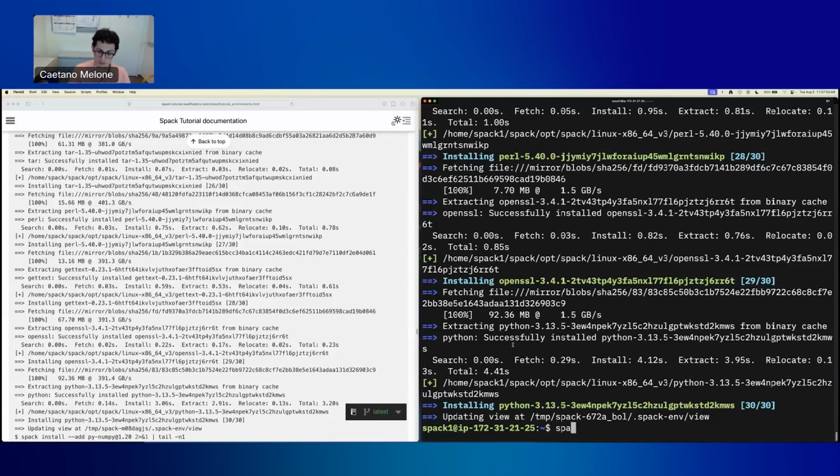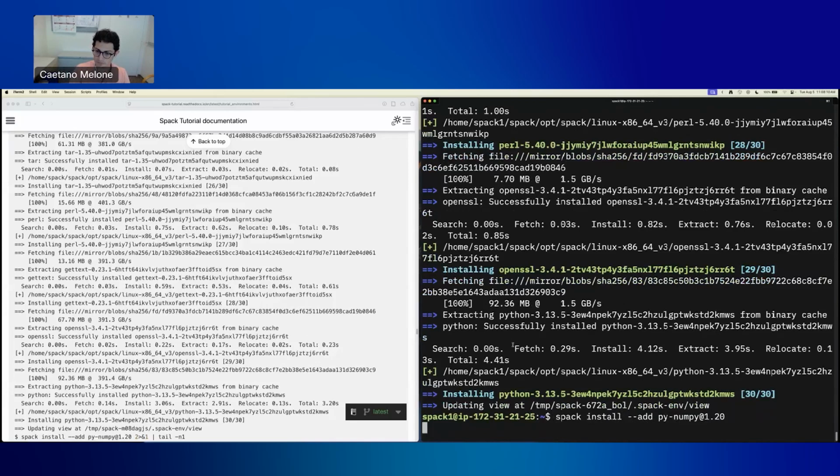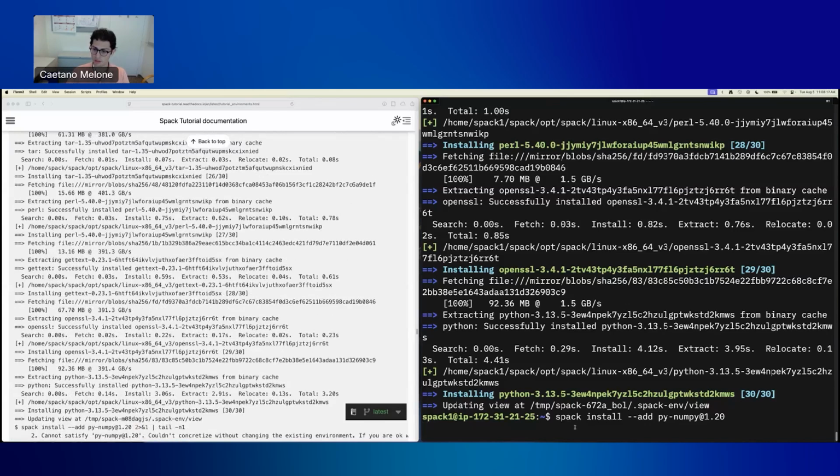So let's install NumPy at the specific version by running spack install with the add flag py-numpy at 1.20. So we should be getting an error message here in just a second after the concretizer failed to perform its work